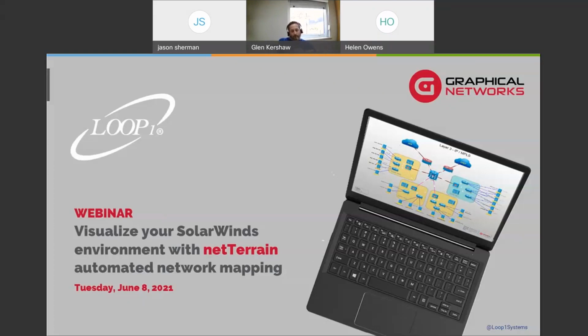Again, I'm heavily biased here, but I don't know how anybody manages a network without some decent documentation, even if it's high level, showing me core connections between my carriers and my core routers internal to my buildings. Even if it's just that sort of high level stuff, I don't know how you live without some sort of documentation, whether it's detailed or not. To me, how do you secure a network if you don't even know what you have, where it is, all these other things that come into play? Of course, SolarWinds helps you with a lot of that stuff. But from a physical connectivity and also, again, troubleshooting, to me, I just don't understand how you can,